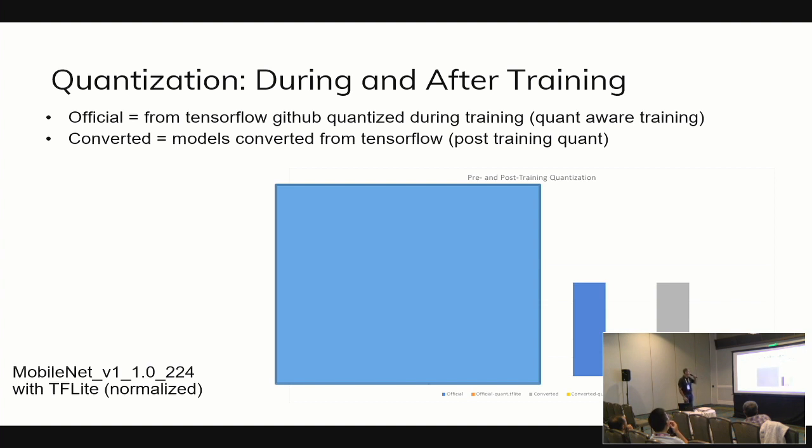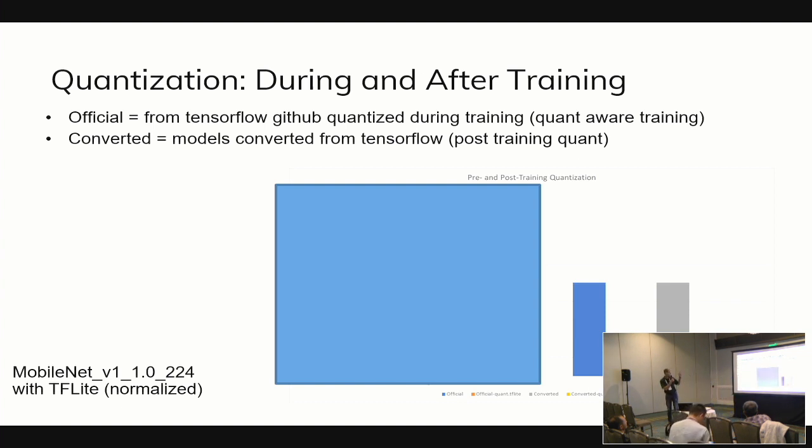All right, so a little bit about quantization. So what you see here on the right-hand side, I'm sure you can't see it in the back, is size in megabytes, but it's been normalized. So the purple one here is based on a TensorFlow model from the TensorFlow Model Zoo. And then the gray one over here is a TensorFlow after it's been,